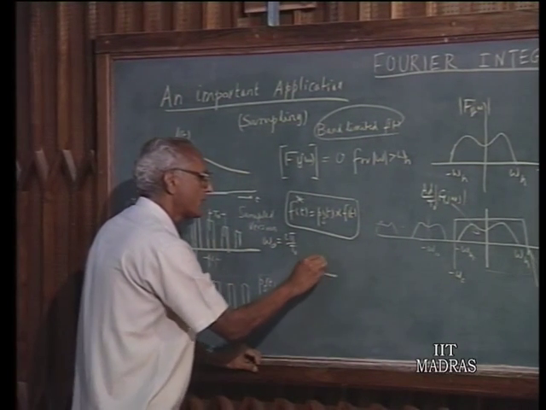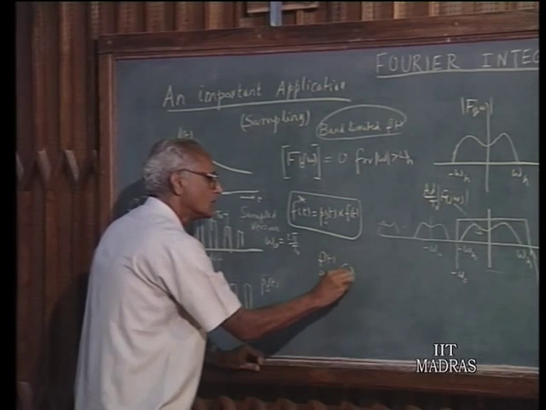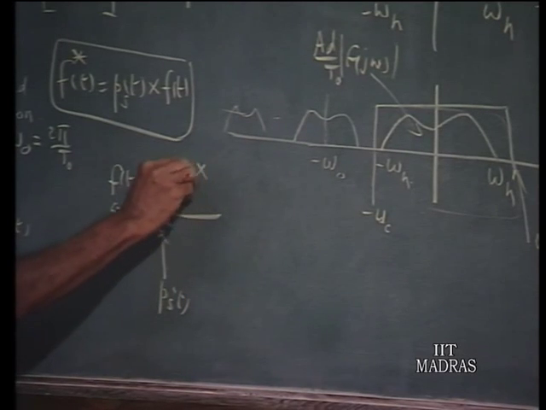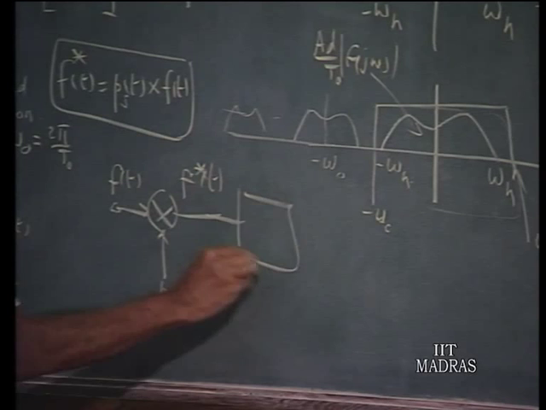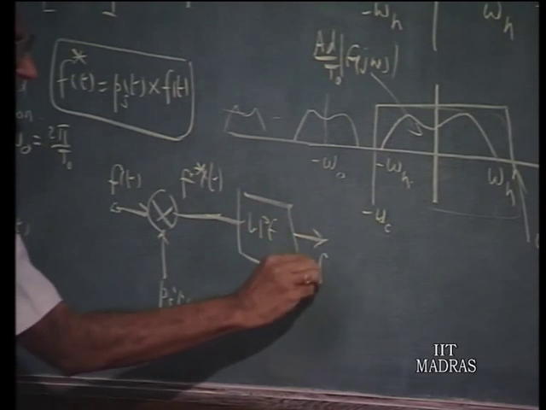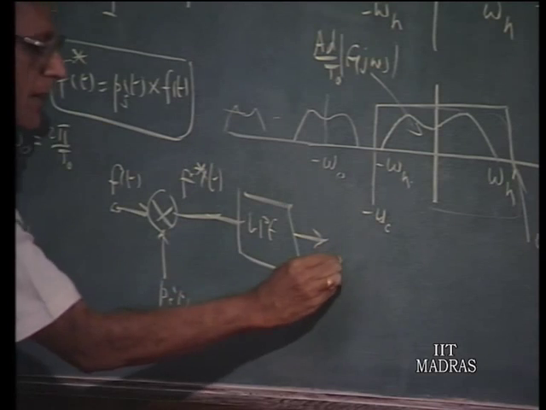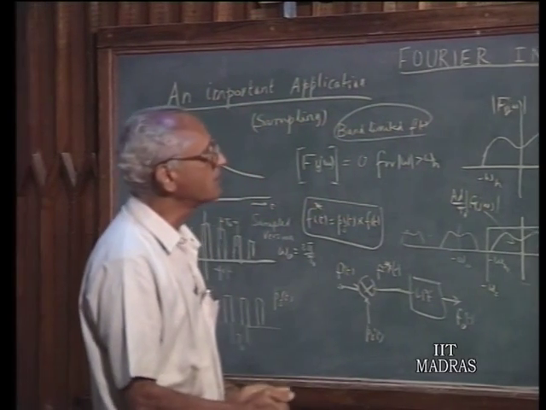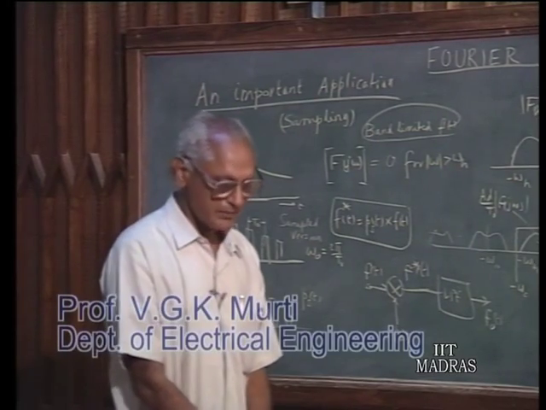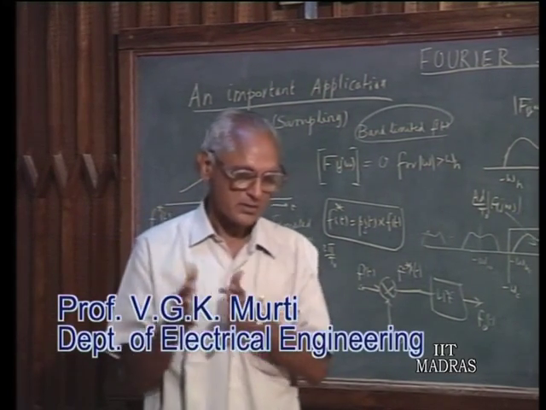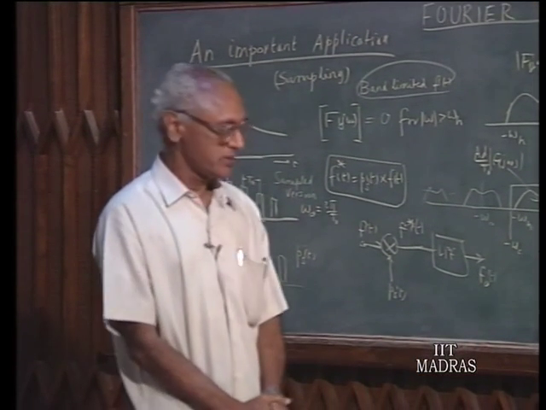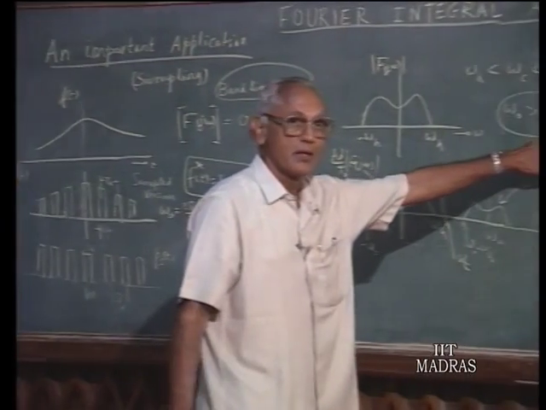You have f of t, you can have a multiplier with ps of t, and this is your f star of t. You put this through a low pass filter and you get your f naught, which is a replica of your original f of t. This is what is called the sampling theorem, which is referred to in literature as sampling theorem. That is, a band limited signal can be recovered from its sampled version where the samples are taken at regular intervals with a frequency f naught, which should be larger than 2 times the highest frequency component